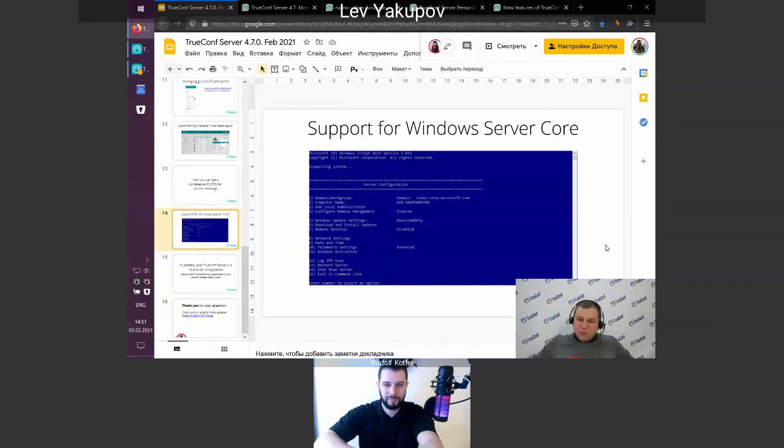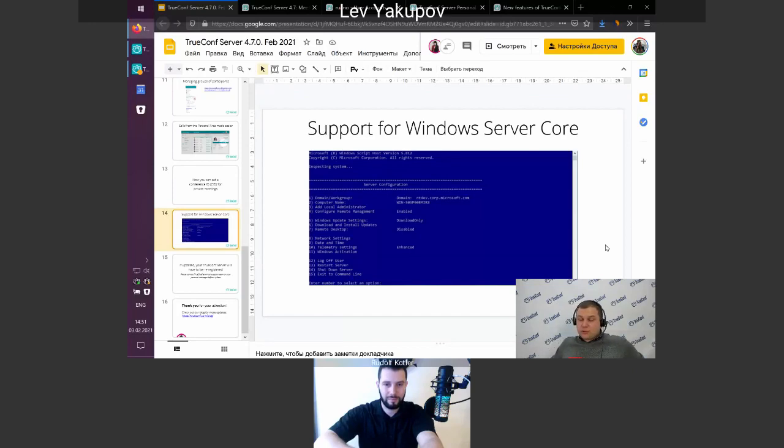Another thing, maybe some of you know, for me it was quite a surprise. Windows Server has a special command line interface version, which is called Core. So there is a Windows Server without desktop, without any interface at all, only command line.